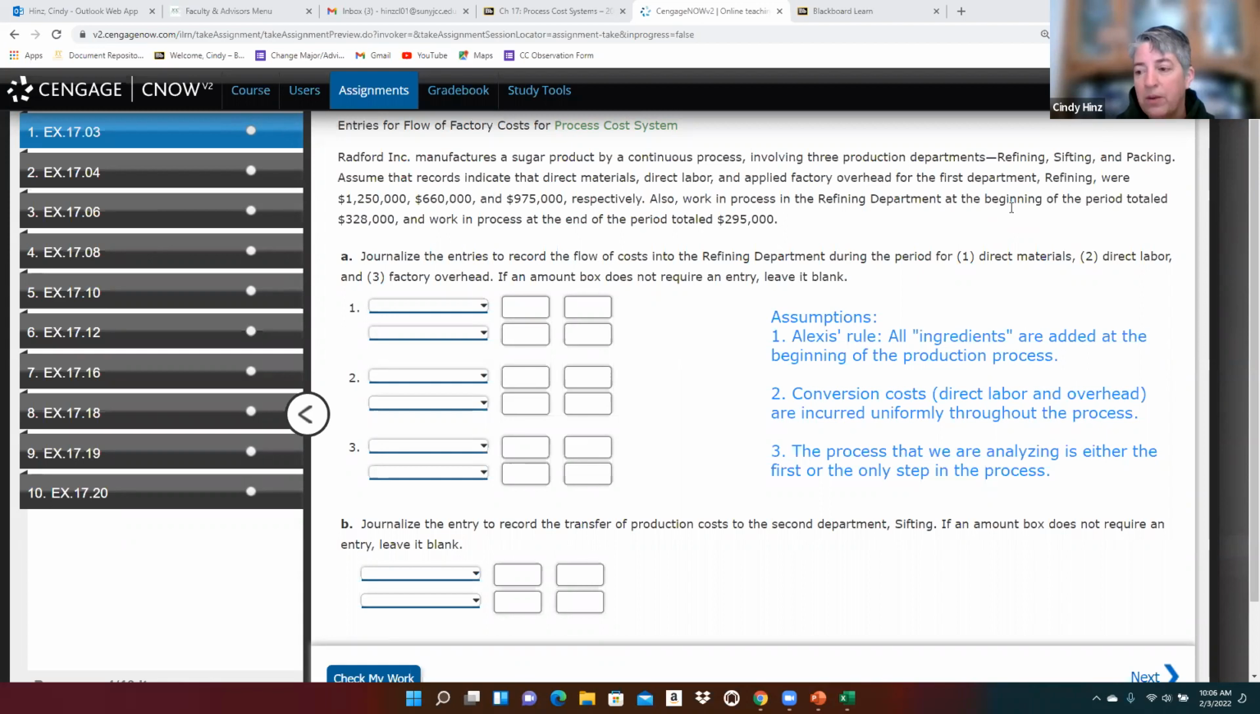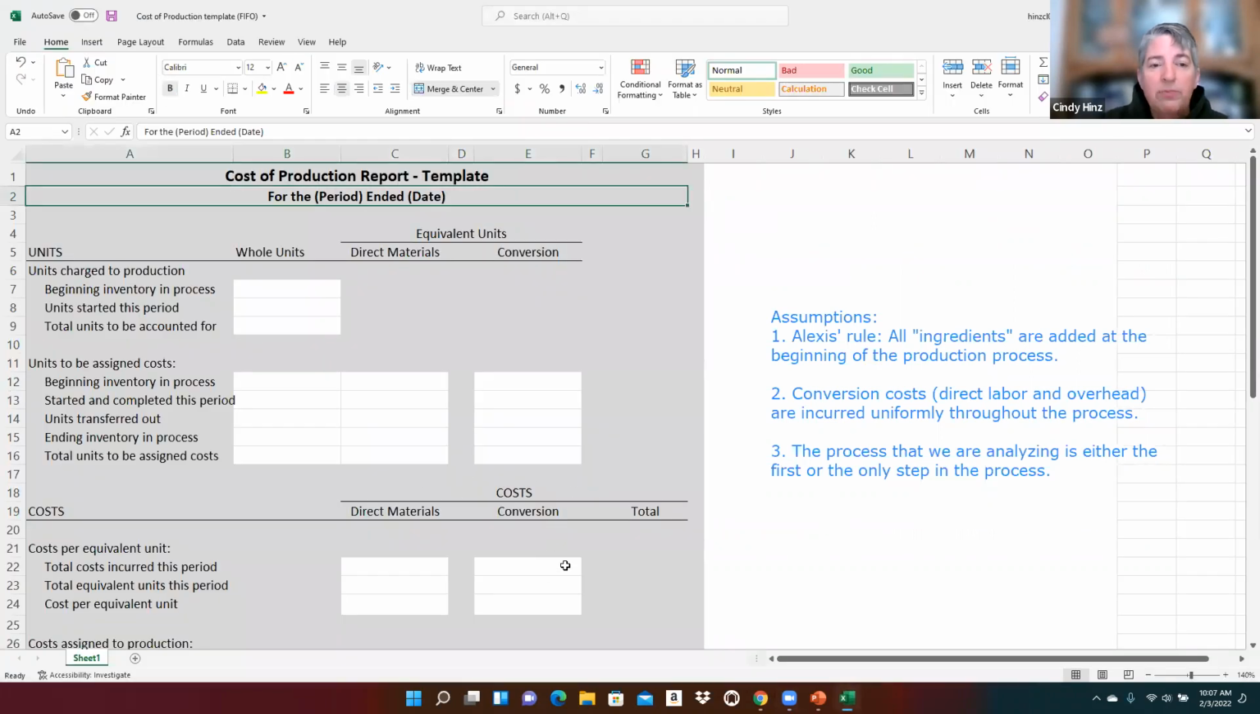Again, as I already explained, we try to keep things simple because we have enough to get just the simple part. And we can mention how in the real world these might get more complicated. But the reason that we don't look at, in this exercise, the sifting and the packing department, if I go back to this cost of production template that I shared with you,